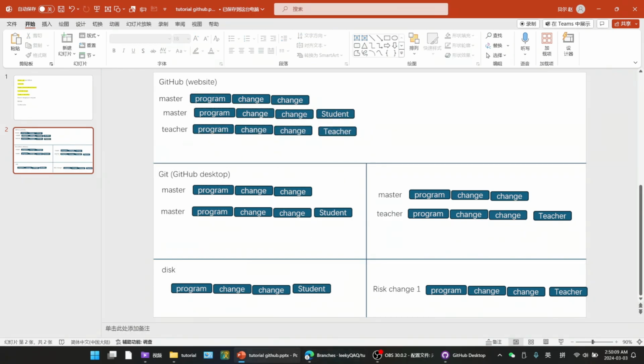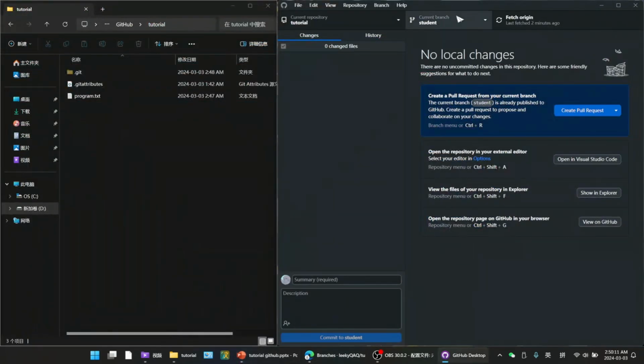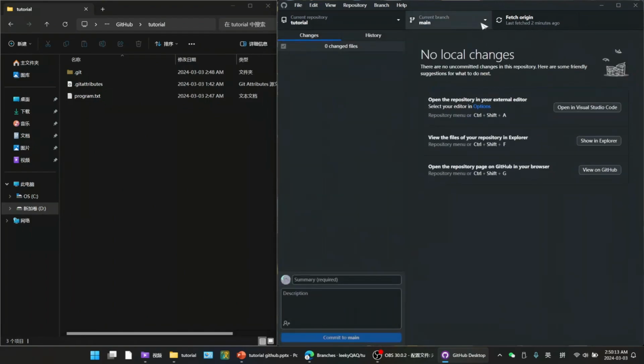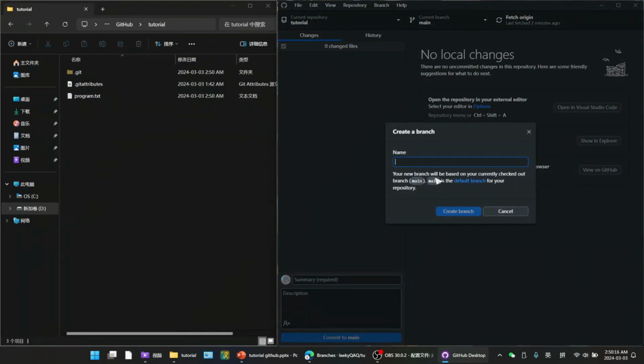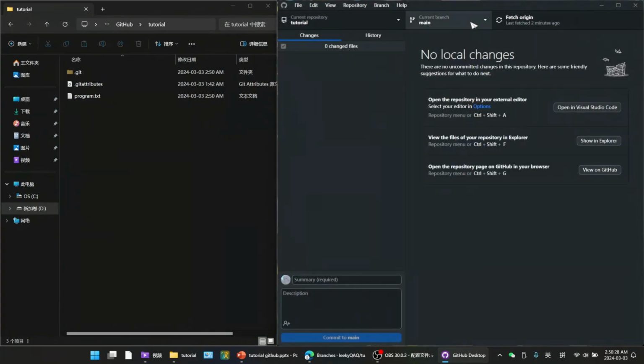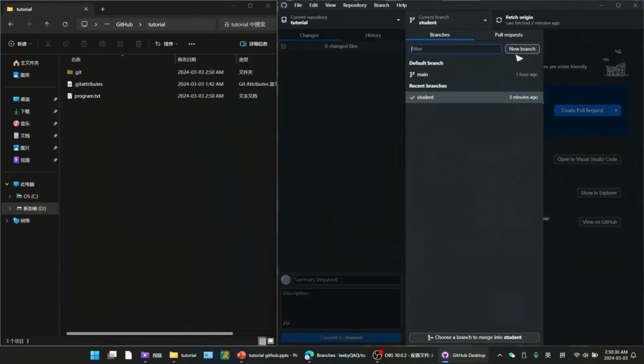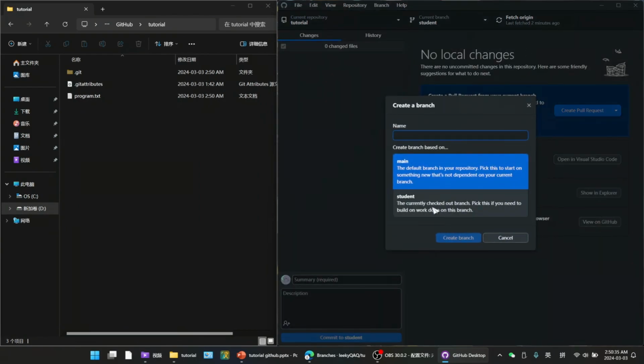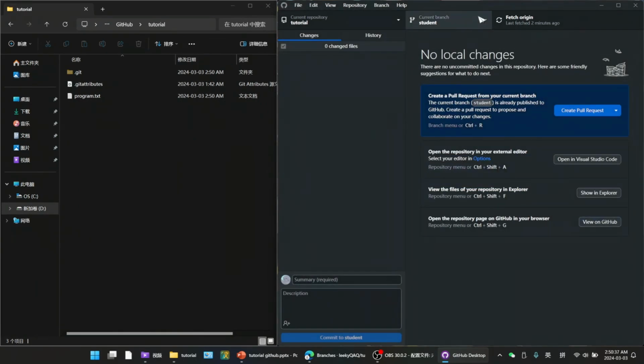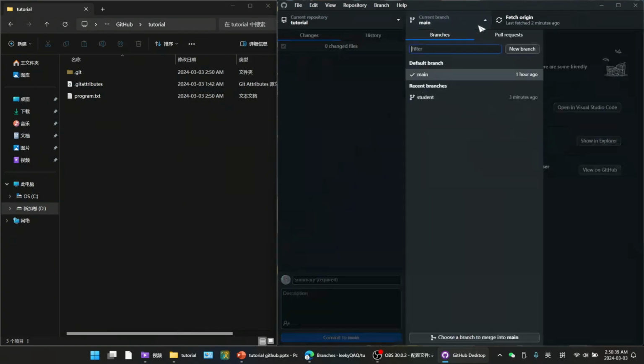Alright, let's do it. For example, create a new branch. Oh, alright. It will automatically choose the main branch, or say master branch, the default branch, because it's the default. If you want to choose another branch, actually you could, but I don't recommend